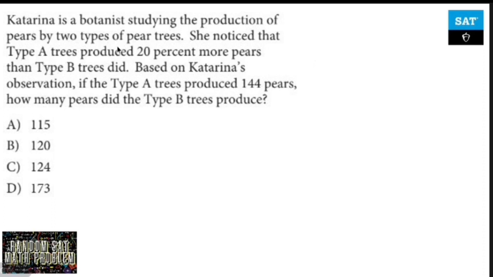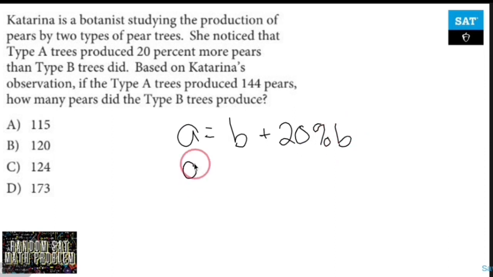So type A trees are going to be B trees plus 20% more than those B trees. So A is B plus 20% of B, which is 0.2 B,